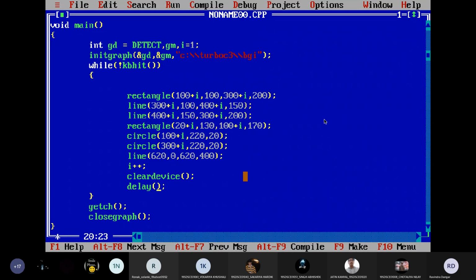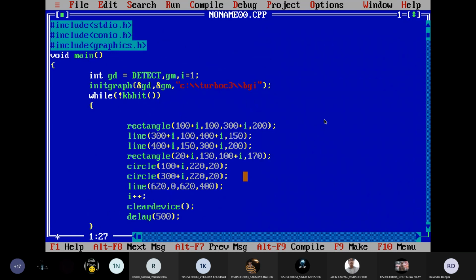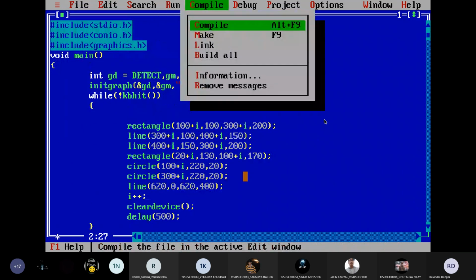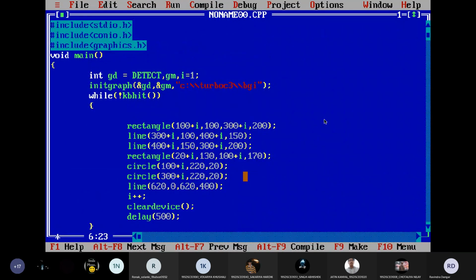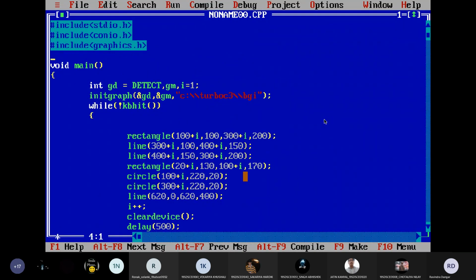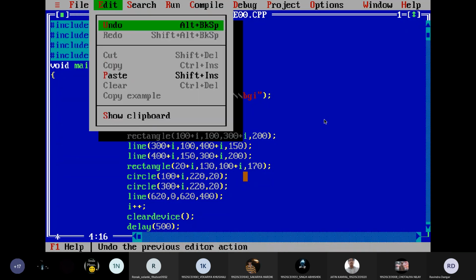For example, I want the entire screen to wait for, let's say, half a second, so I can go with 500. And for delay, I need to include the header file also. Let me just see whether it works or not. Yeah, it needs a header file, and I think it is defined in dos.h if I'm not wrong. Dos or process, I think it is in dos.h. Let me just see.